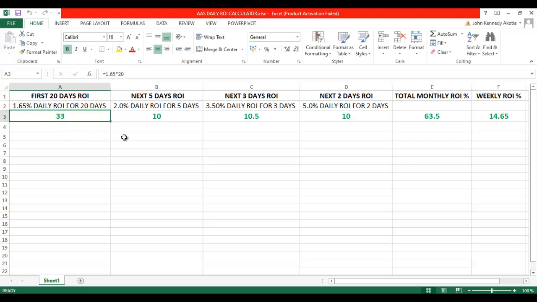Then from the 28th of every month, you begin with the rotational return on investment, which is 2%, 3.5%, and 5%. So for the rotational period, that is 10 days, out of the 10 days, the first 5 days, you earn 2%. So 2 times 5, that gives us 10%. And then the next 3 days of the 10 days, you earn 3.5% for 3 days, and that gives us 10.5%. And then the remaining 2 of the 10 days, you earn 5% for each day, and that gives us 5% times 2, which is 10%. So when you add 33 to 10 to 10.5 to 10, that gives us